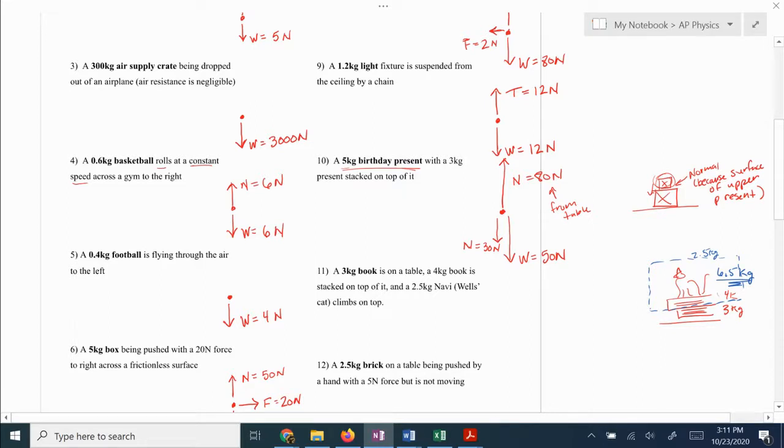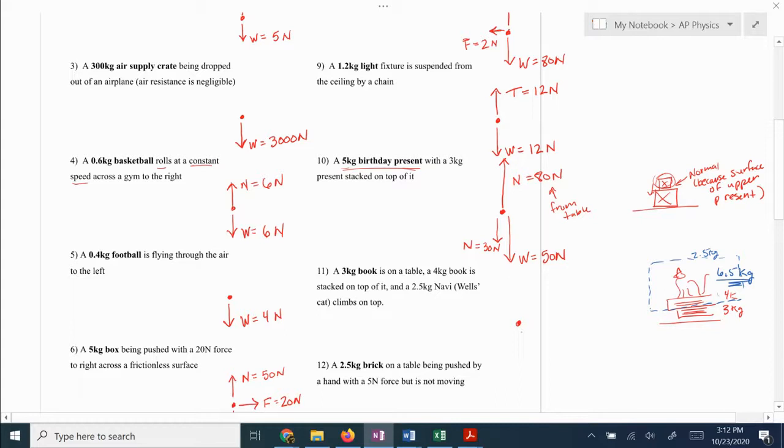That makes it just like number 10, because you don't need to do a separate force for the cat, since the cat isn't actually touching the book. You can just treat it as one 6.5 kilogram book. So going back,